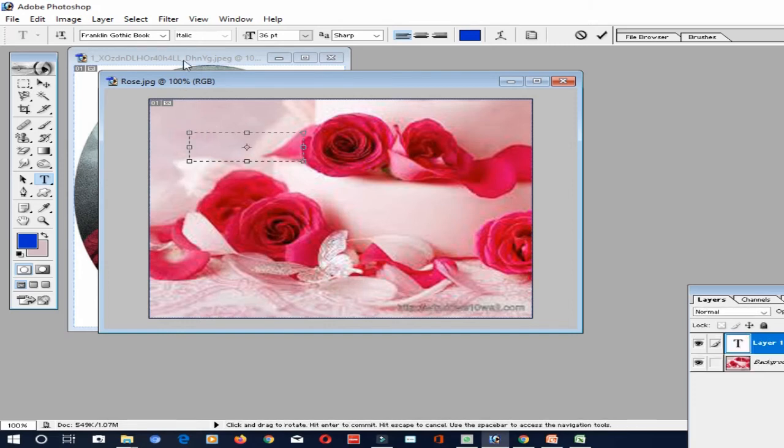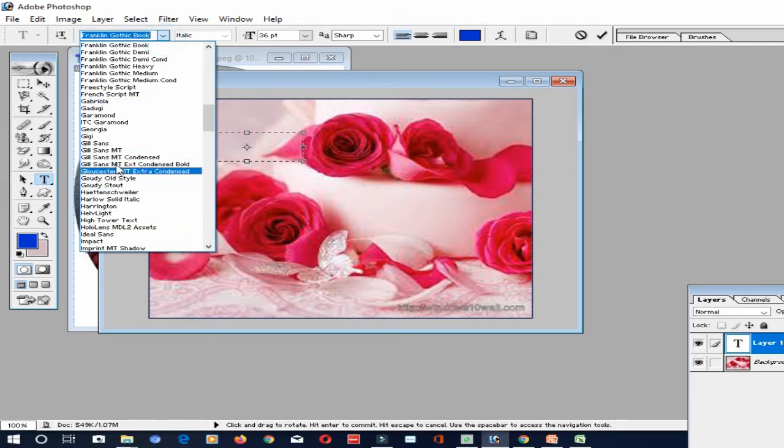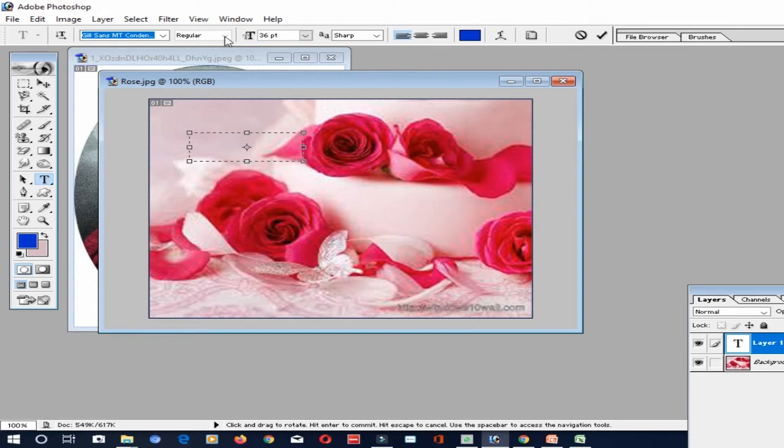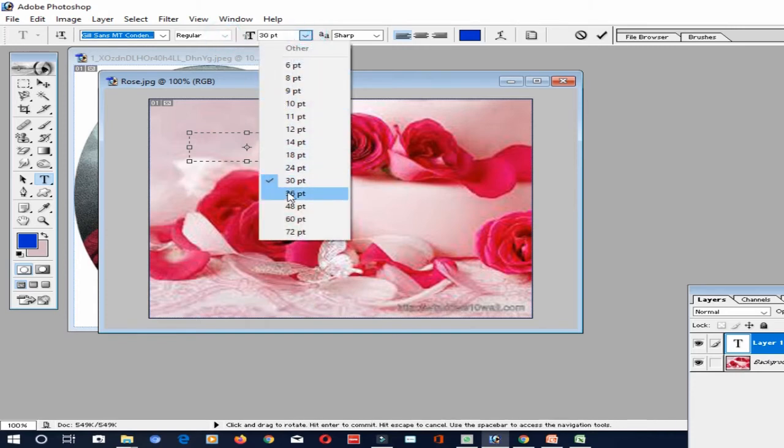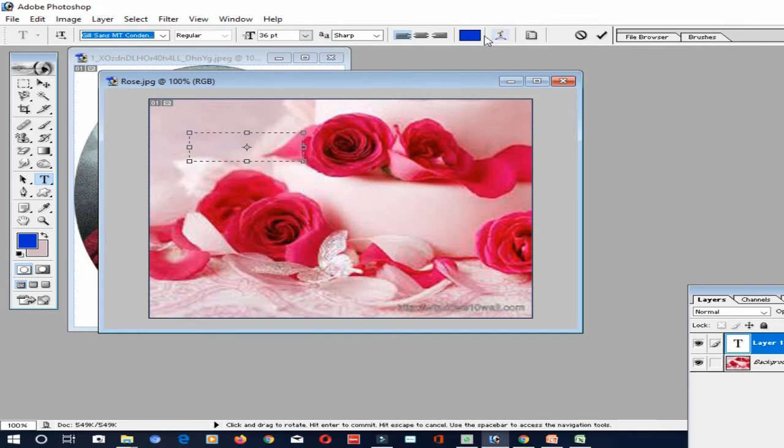You can type first. Before that, you can change the font style, font type, size and style. Here you can select any of the font types, and then you can change the size of the text over here also. Then you can type it. Color you can change from here, and you can align your text also. If I'm typing over here like this and want to change this font later, after writing, that is also possible. So you can change the font.